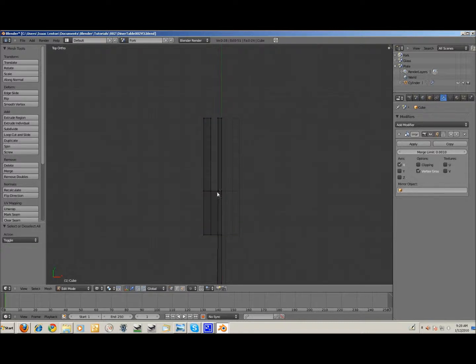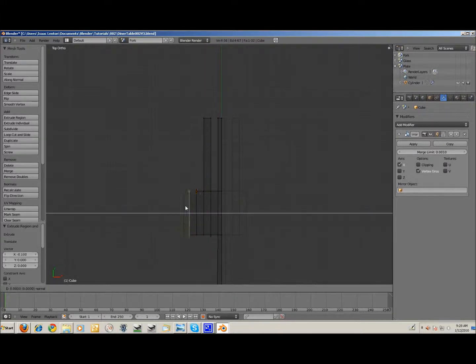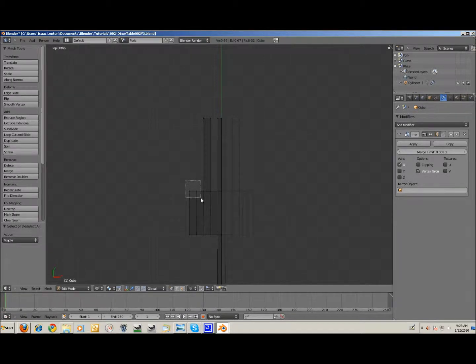I might add another prong to the fork. I didn't say I was going to do that before, but I think I prefer 5. So I'm just going to extrude these again, and extrude once more, and extrude. There we are. I've done a 5-pronged fork again. Still looks extremely large compared to the rest of the scene, so I'll just grab this,